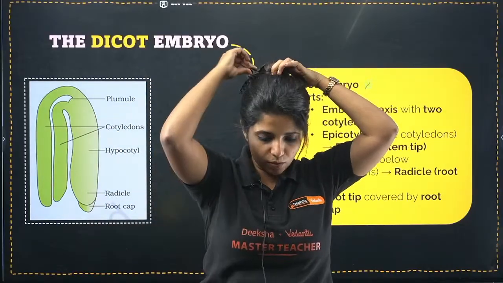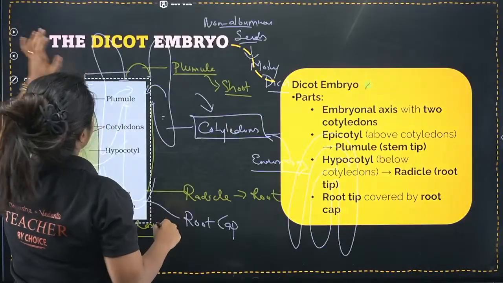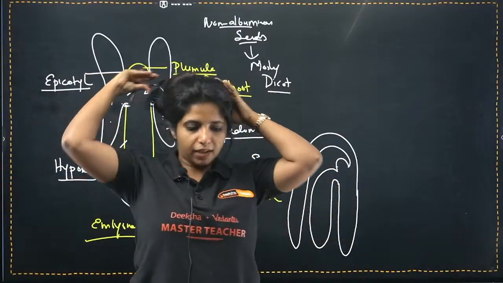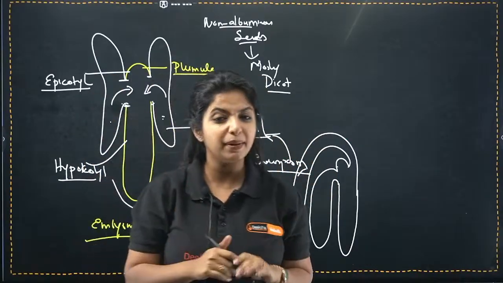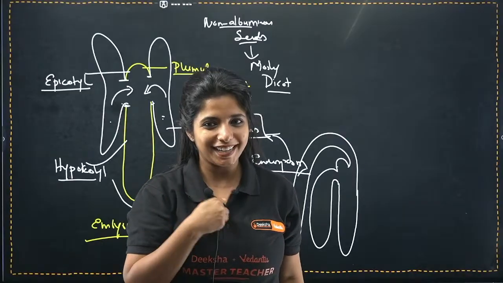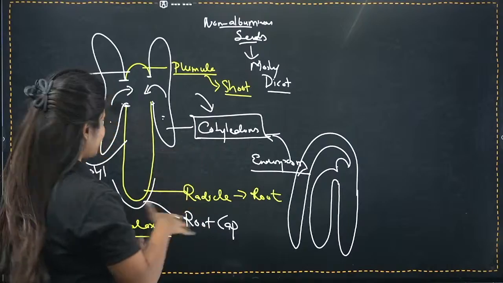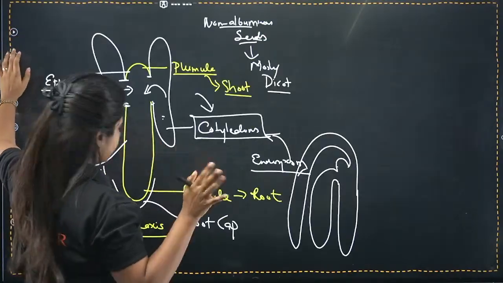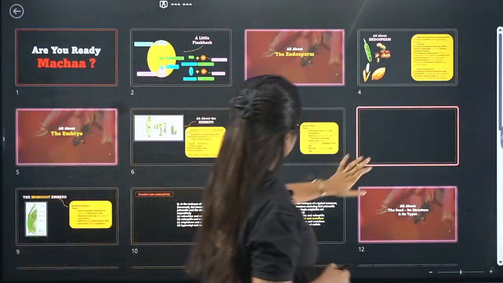Okay, and now we go ahead with the next one. So listen to me carefully. We have the monocot embryo now, and monocot embryo looks funny, right? It is also super important for you to remember, but it can be a bit complicated. So again, you will need attention, and I'll need attention, so make sure you do that. Hear me out very carefully, otherwise you will not understand a thing. And actually for that I need a whole different page. Where will I get a page?